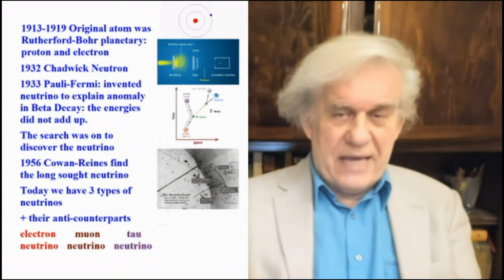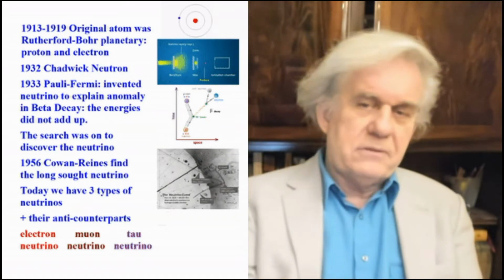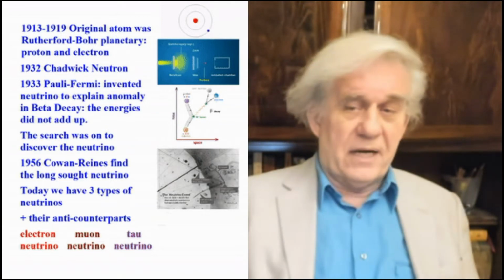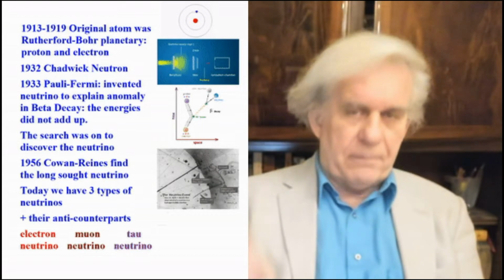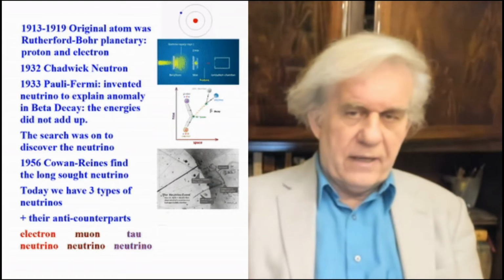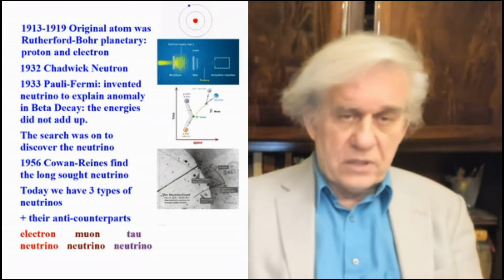And if that's not your atom, tell me what is. And if that is your atom, tell me what keeps the electron bead bound to the proton. So that's where we start. We start on the wrong foot, and we still haven't changed that in 100 years. We still have the planetary atom in one way or another. And the only thing they have to explain there is the electron bead, why it remains faithful to the nucleus.